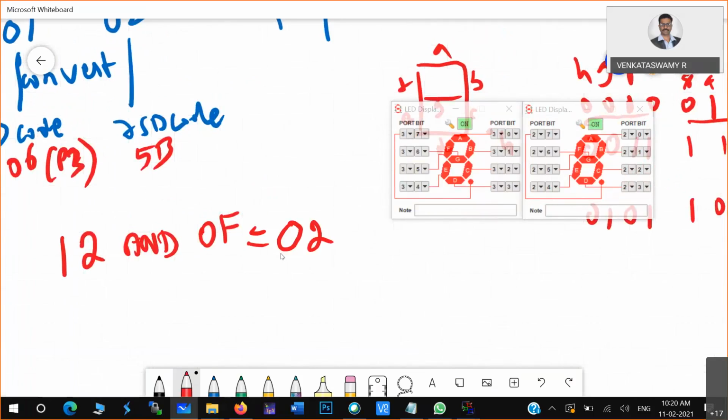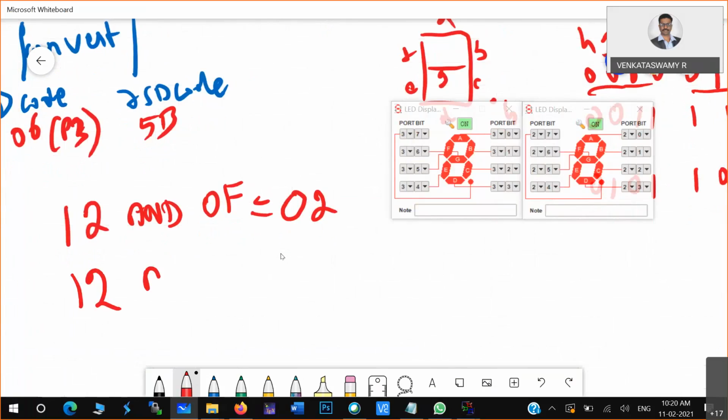Similarly, when you do the logical AND operation with the F0 constant, then what happens? The second digit will vanish and it will become 0.